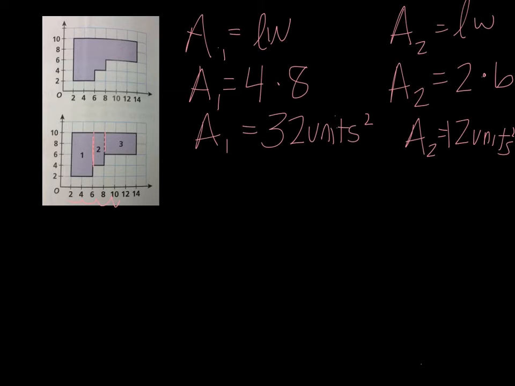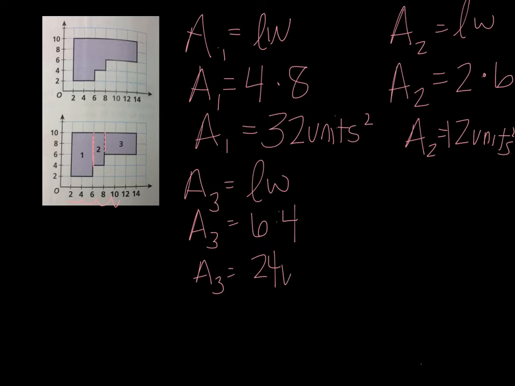All right, we still have to add at the end. But first, to find the area of the third figure, the area of the third figure is length times width. Area of the third figure is 2, 4, 6 times 2, 4. So the area of the third figure is 24 units